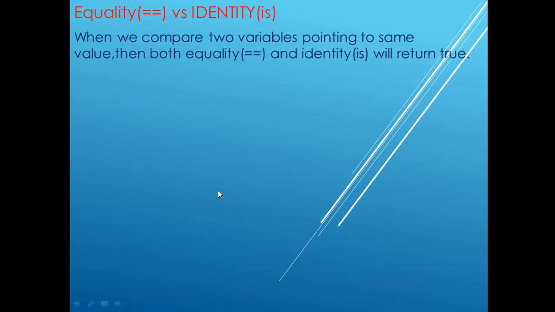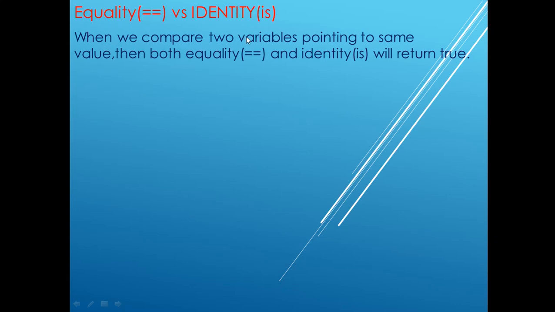Next we will see equality, that is equal to, versus identity. Both are a little bit the same, but they are different too. In which case equality as well as identity, that is the is or is not operator, give the same result, and in which case it is false, we will see. Equality means the equal to operator, and identity means the is operator. So is as well as equal to work the same way at some points, but the result will be different. In which case it is the same and in which case it is different, we will see now.